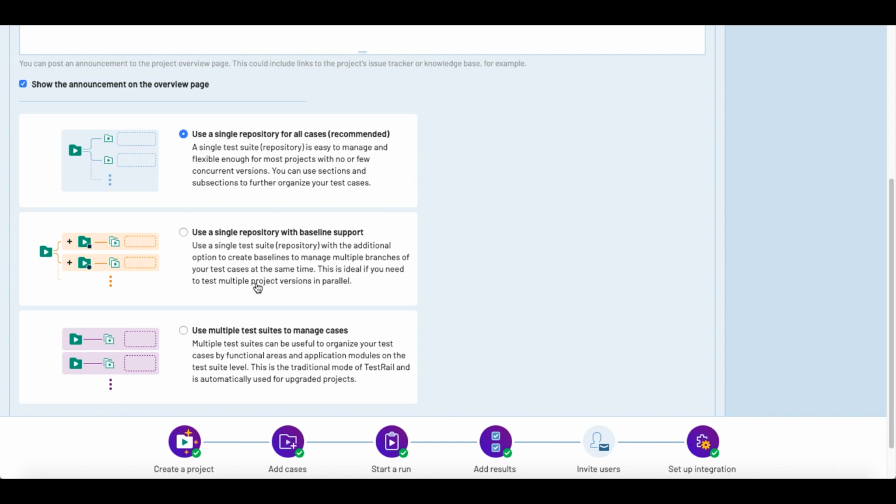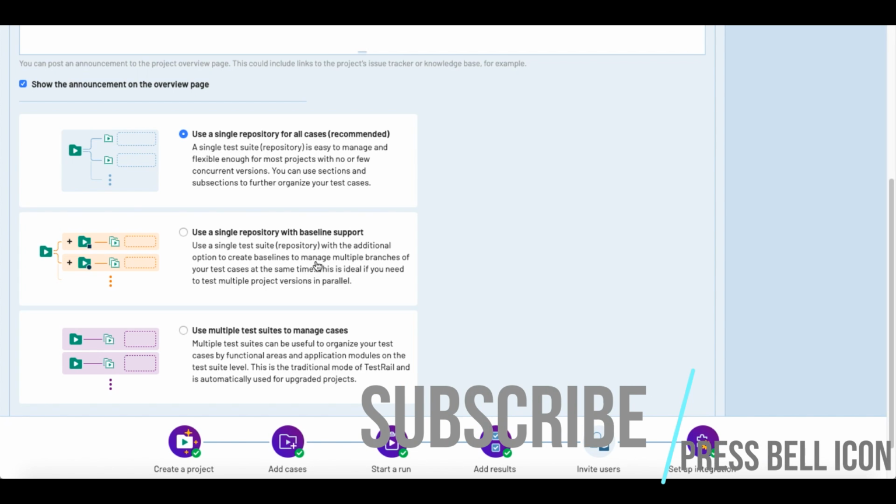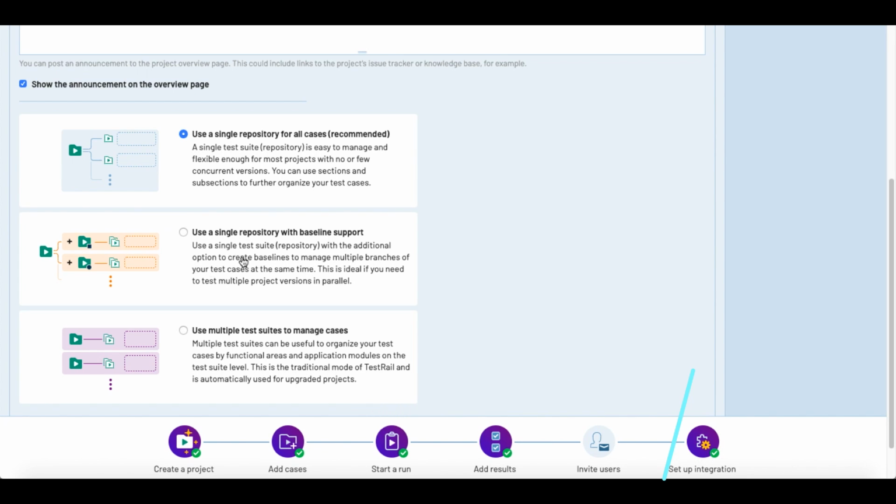This is ideal if you need to test multiple project versions in parallel. This hierarchy is followed when there are multiple software releases for our software and we have to test all the releases in parallel. It will use the same test cases for different branches, and we can execute all the test cases at the same time.